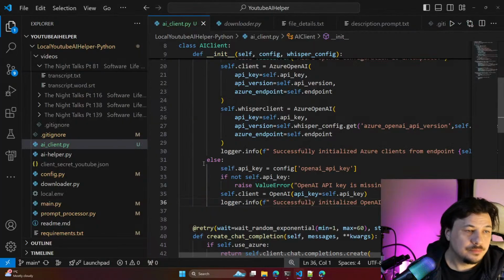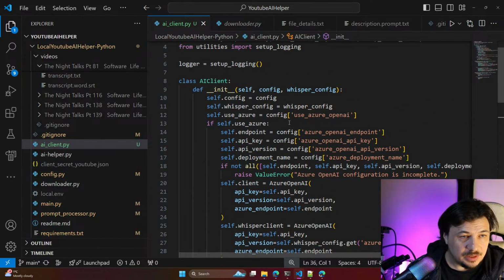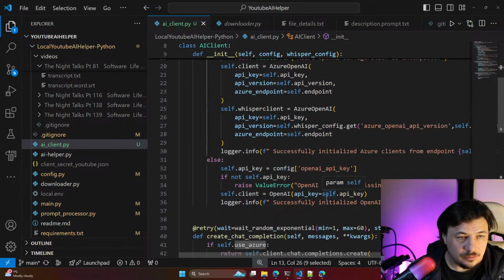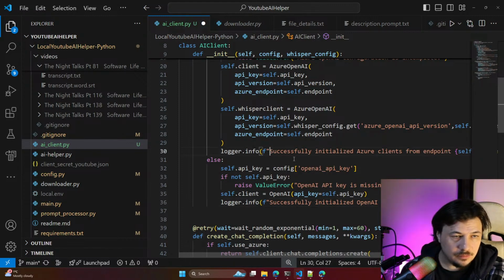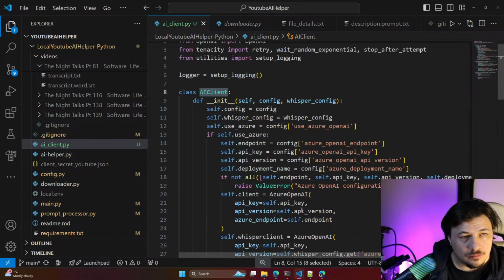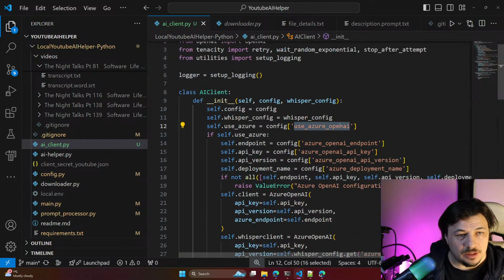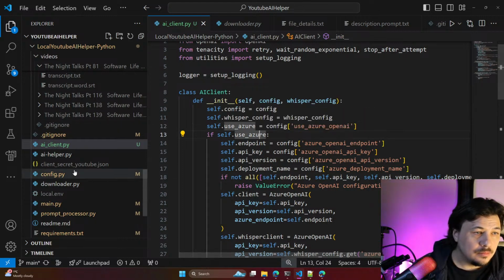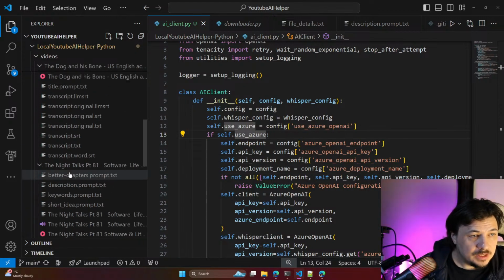No. OpenAI. Use Azure. Use Azure OpenAI config. LLM config.